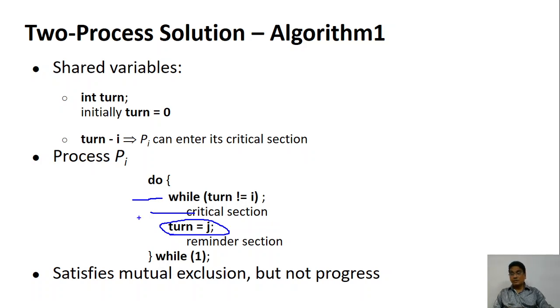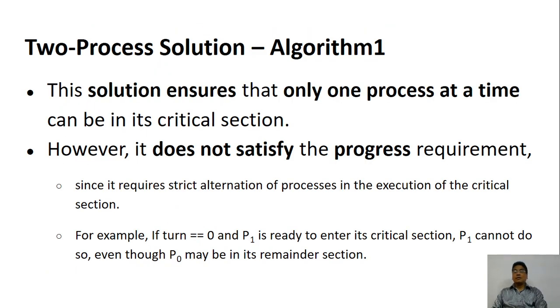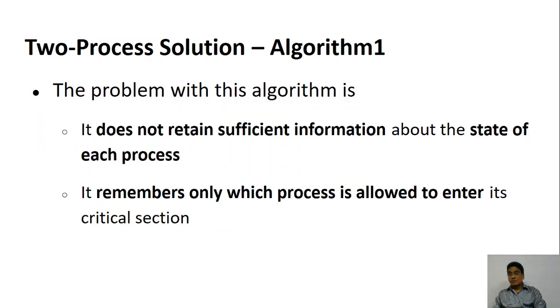Suppose I just forgot, and I'm in the remainder section, others will not be able to enter because only I can enter, because turn is I. Suppose turn is Mr. X, only Mr. X can enter. After Mr. X has completed, he must say Mr. Y will go next. Suppose that is not done, and the turn is 0 and process 1 is trying to enter, the turn has to be changed from 0. Who is going to do that? Only the 0th process with the ID 0 will do it. If it is not done, the other process cannot continue.